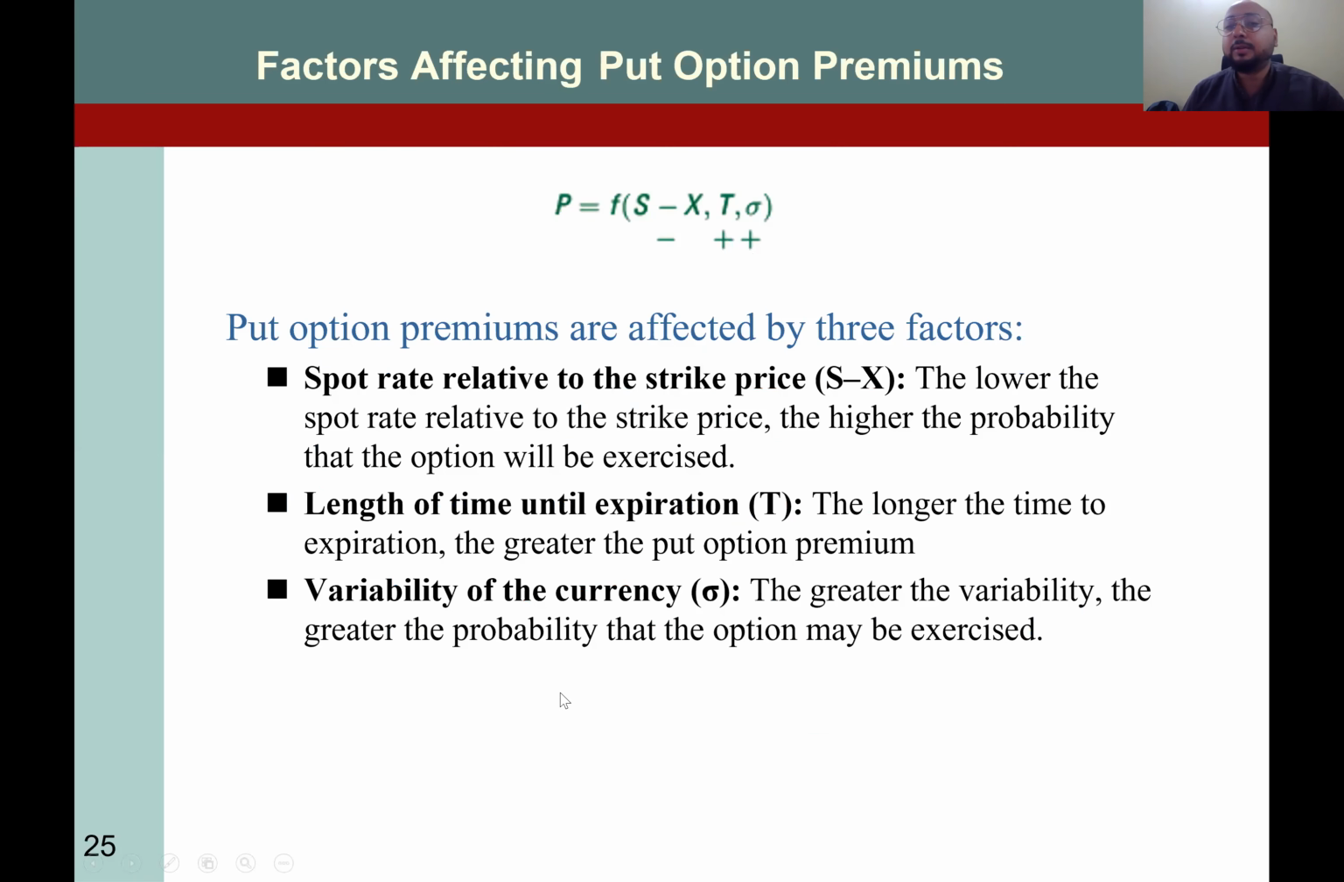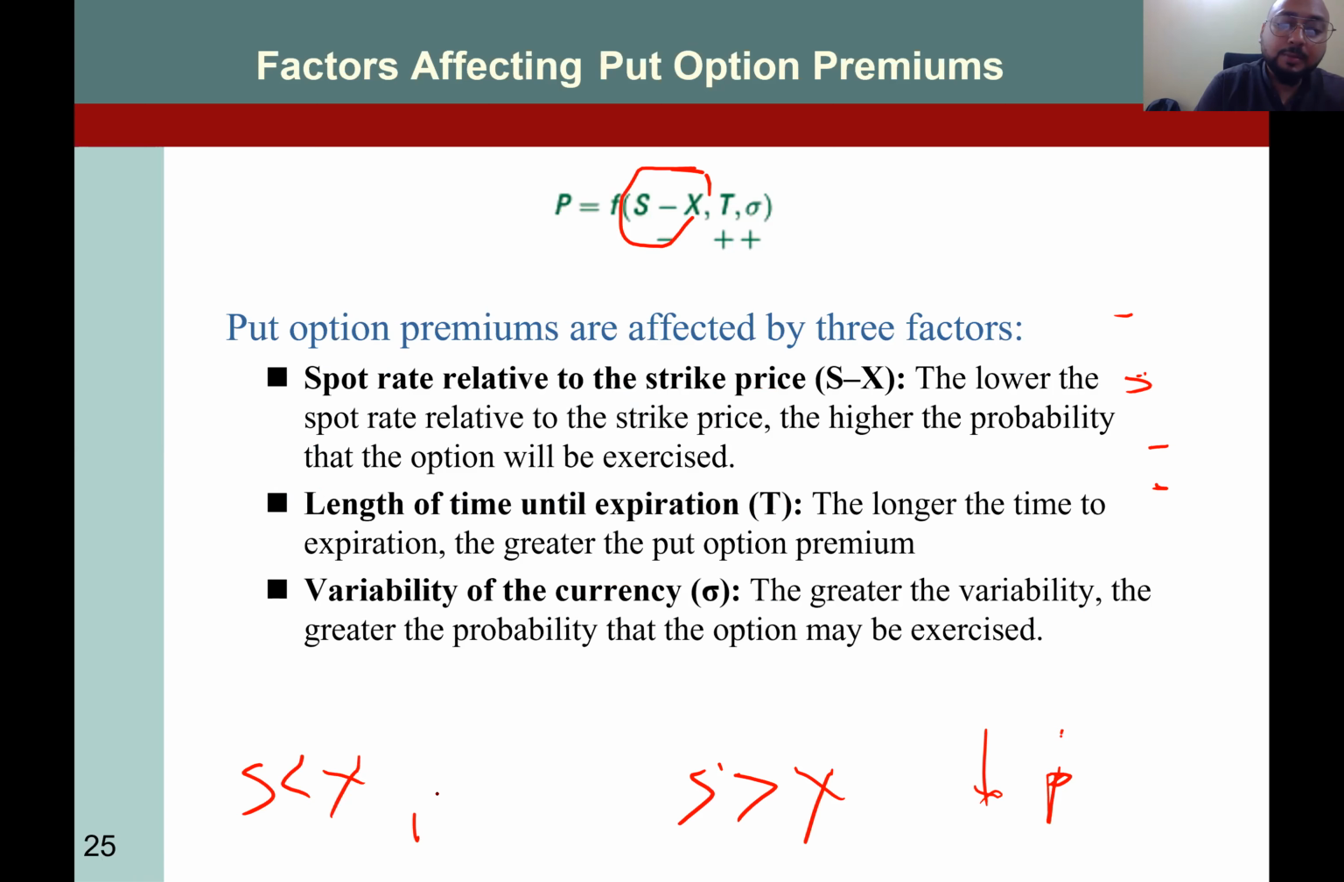Similarly, the premium depends on the difference between spot minus X, but this is a negative relationship. If spot price goes up, the premium will be lower. The premium will decrease. If the spot price is less than exercise price, the premium will go up, right? Opposite. But if there is more time period, if you are buying the put option for 30 days, its premium will be low as compared to buying the put